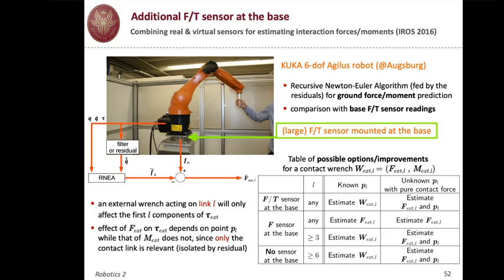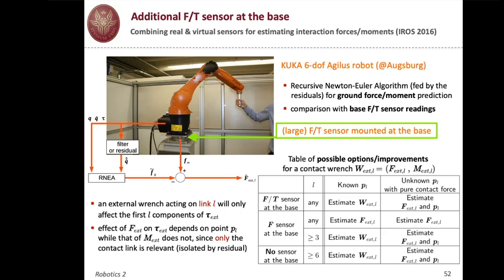If you put the full force-torque sensor at the base, then you can have an estimate of the same quantity as before, but this occurs for any link. This is the advantage that you gain. You should not just be beyond link 6. There are also other intermediate combinations. For instance, if you have just three load cells at the base, so pure force sensing, no torque sensing, then you obtain some intermediate value as well. Okay, so this concludes the part related to